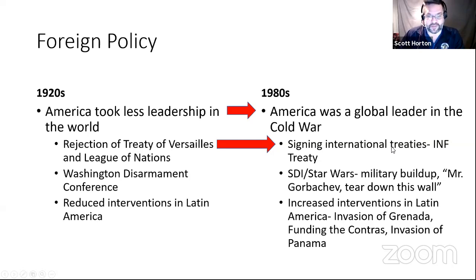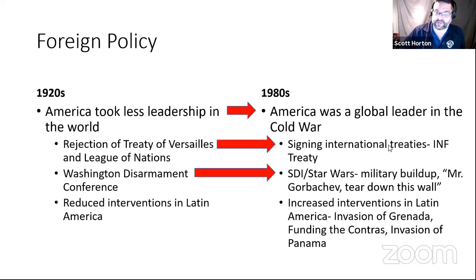But there's a more aggressive standpoint against communism in the 1980s, where instead of just containing communism, the new version of the anti-communist argument in the 1980s was to roll back communism, that we need to stand up and turn it backwards. That, in other words, containment was really just playing for a tie, and we needed to change that. So I'm going to say that that's a difference as well, that we're building up our military as opposed to trying to limit the size of it. Hopefully you're noticing, though, the INF Treaty is an example of disarmament. So again, if we want to be a little more nuanced here,